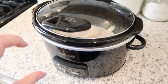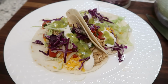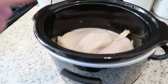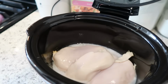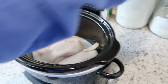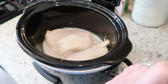Okay, so for our copycat Taco Bell Cantina chicken, I went ahead and started this crock pot about 45 minutes ago, but I still haven't put the seasoning in yet, so we're gonna do that now. So what I have in here is 3 chicken breasts and 3 chicken thighs. I'm doing a mixture of chicken thighs and chicken breasts because that is what is recommended in the recipe I followed. And also, if you look on the Taco Bell website, it also lists both chicken breast and chicken thigh